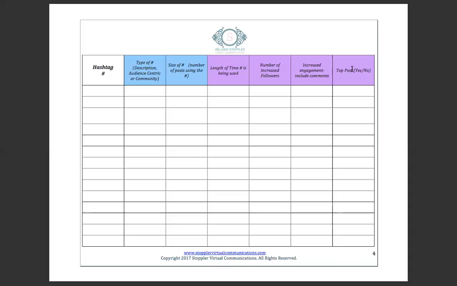The top post spot, in case you don't know what that is, is the 9 pictures that hang out at the top of the hashtag feed. So Instagram says that these top posts are the trending posts for that hashtag, and these posts stay in those top 9 coveted spots for a period of time before they move down the feed.